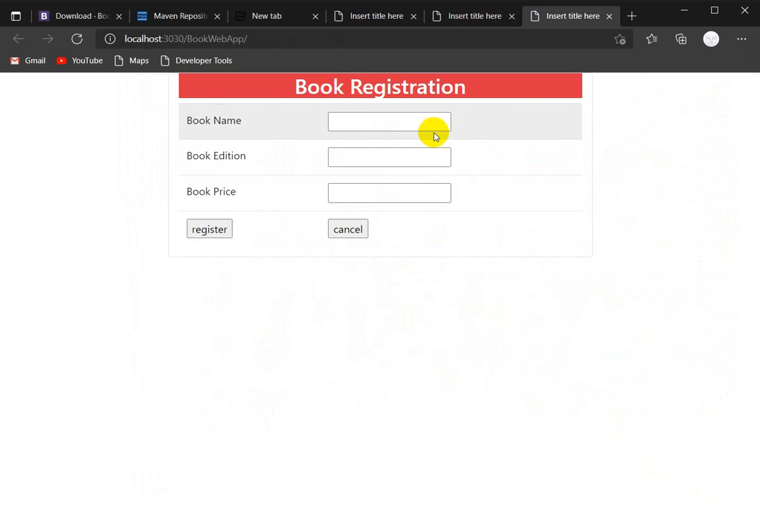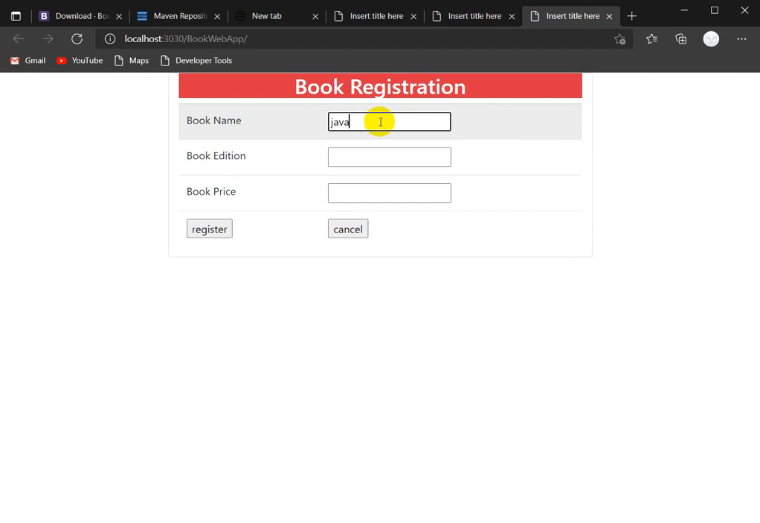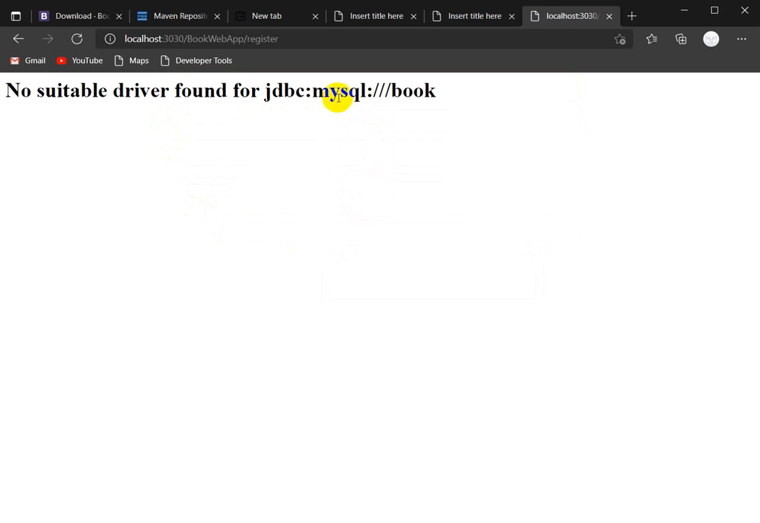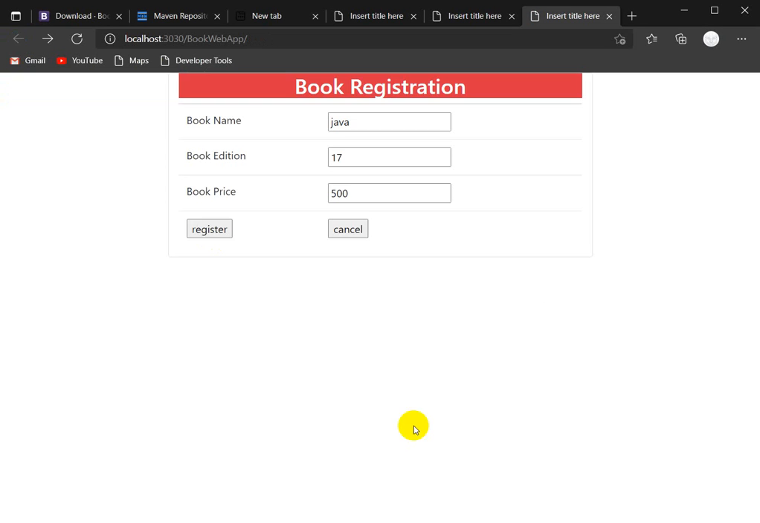So here we can see this is our open. Now I want to register the data. So book name I will give Java, book edition 17, book price 500, and I will click on register. No suitable driver found, JDBC MySQL. Here we are getting the error called no suitable driver found for JDBC MySQL, because we have added in the